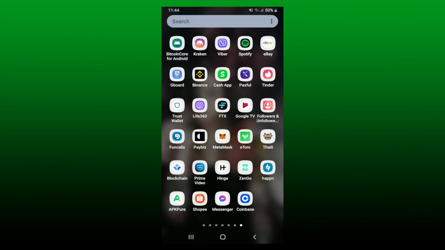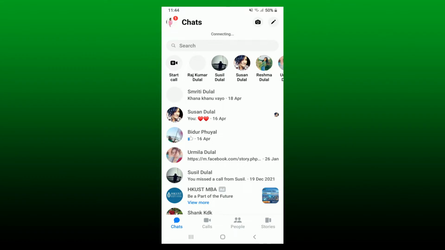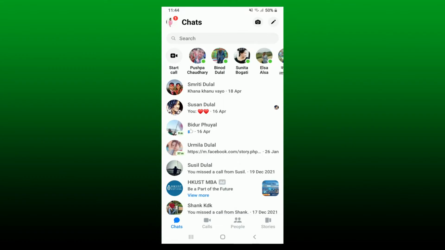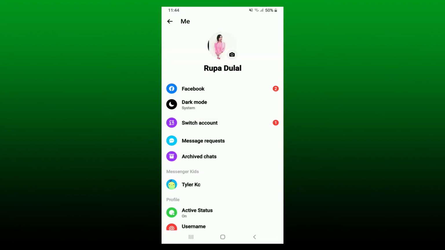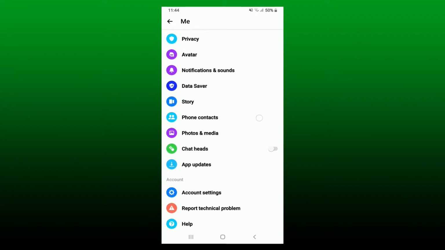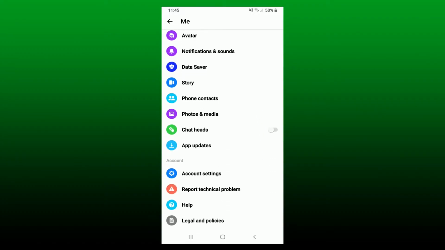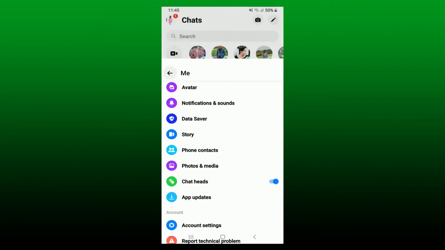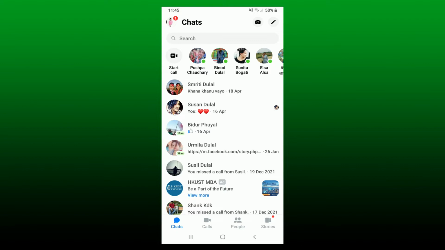To do that, simply tap open your Messenger application and make sure that you are logged into your Messenger app. Now, from the main home page or the chat screen of Messenger, tap on your profile icon at the top left-hand corner. From your profile page, scroll down and tap on the toggle button right next to chat heads. Once you do that, go back by tapping on the arrow located at the top left. Once you turn on the settings, you'll be able to enable chat bubbles or chat heads option on your Messenger